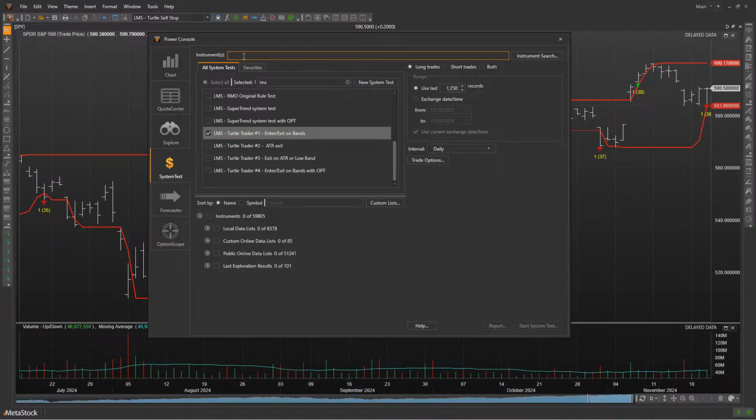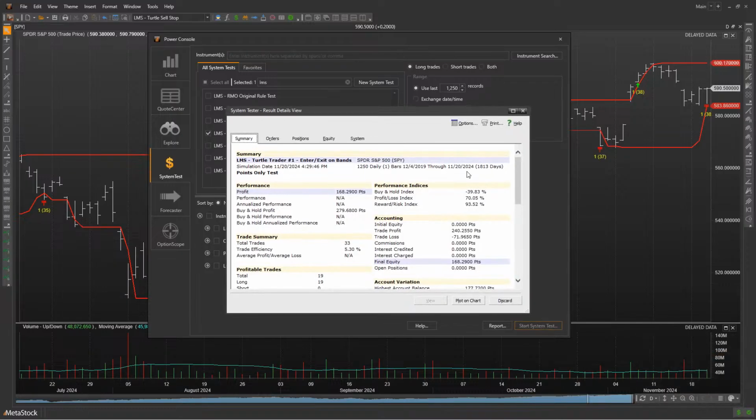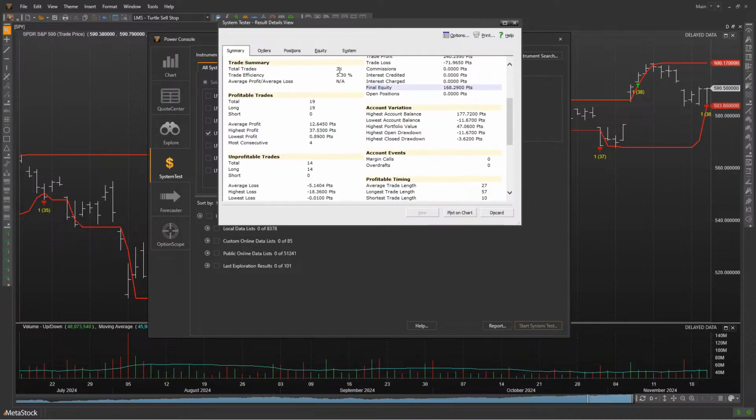So we'll put in our symbol SPY, click on Start System Test, and then take a look at those results. All right, now our profits have moved up to over 168 points. We have 33 total trades, 19 winners and 14 losers. So now we have more winners than losers.